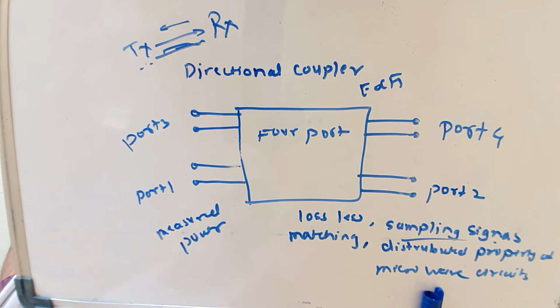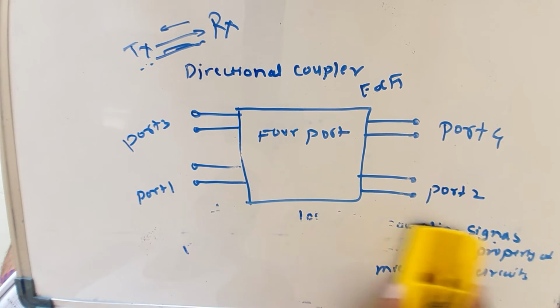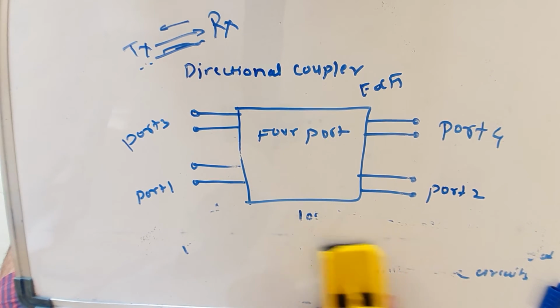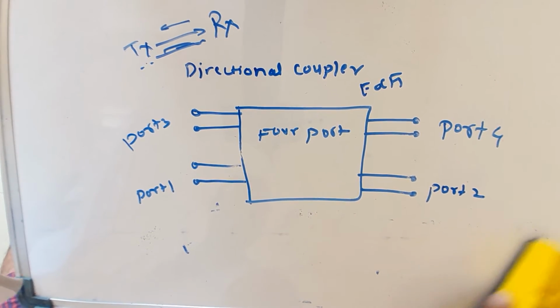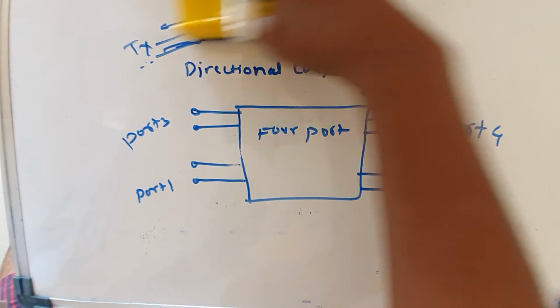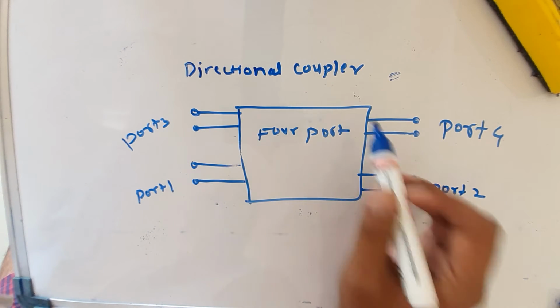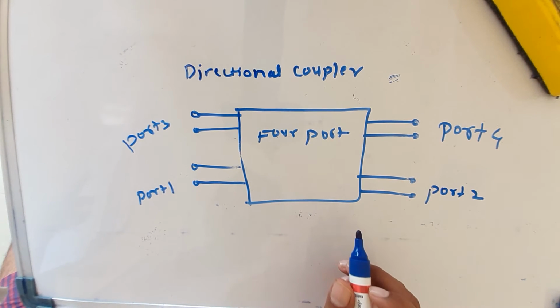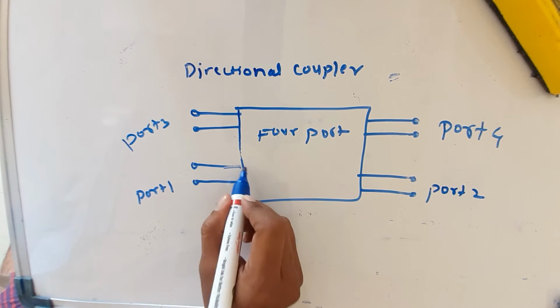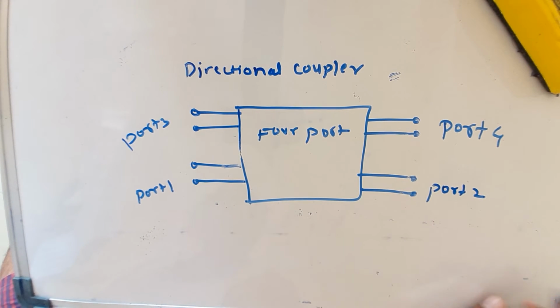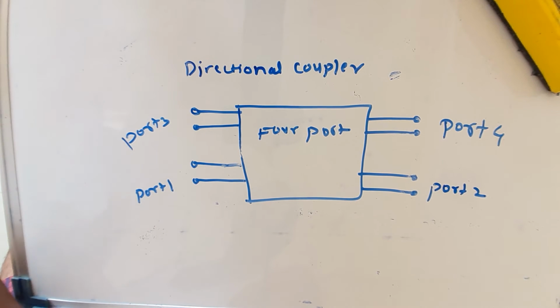So what is the definition of a directional coupler? Basically a directional coupler is a 4-port junction device. For this we have 4 ports: port 1, 2, 3, 4. It is widely used in microwave systems. Already you must know it is a microwave component to satisfy almost any requirement for sampling of incident and reflected microwave power conveniently and accurately without minimum disturbance of the transmission line.